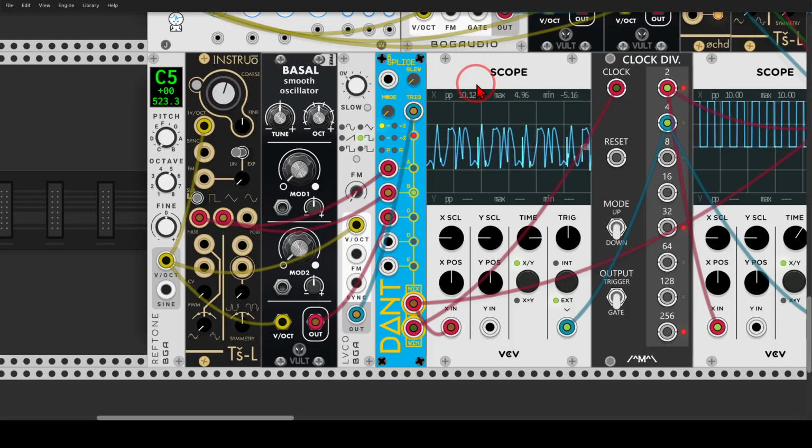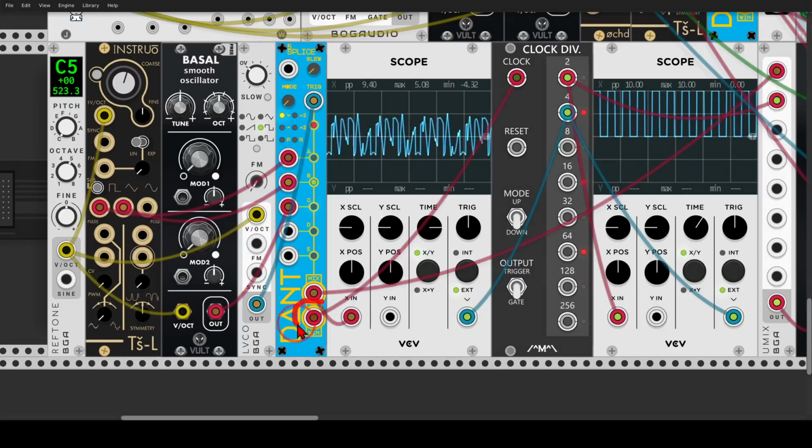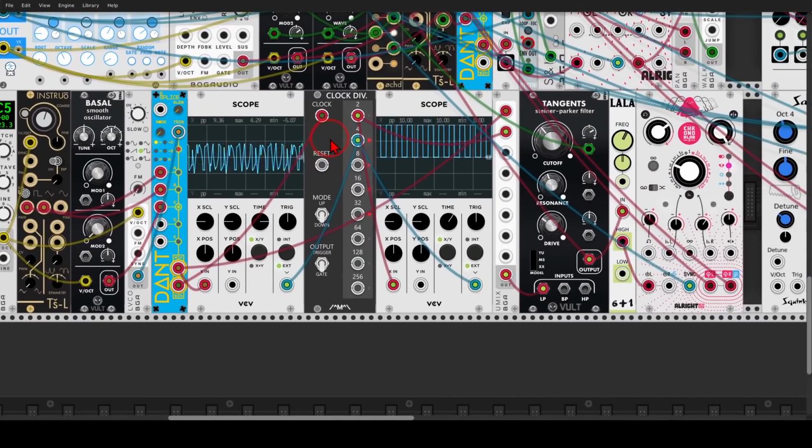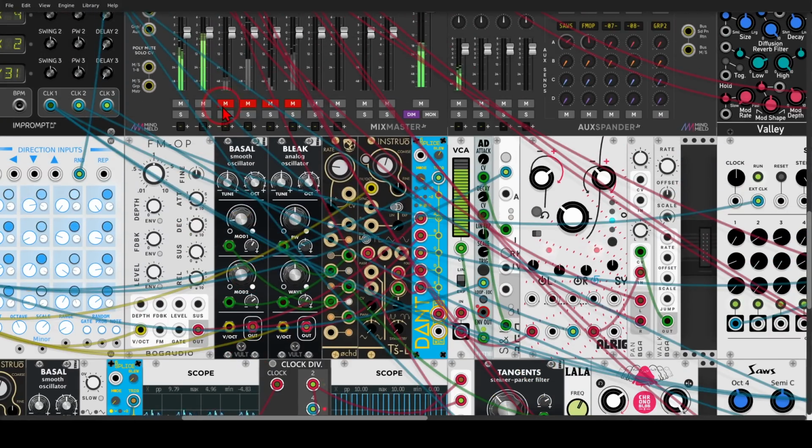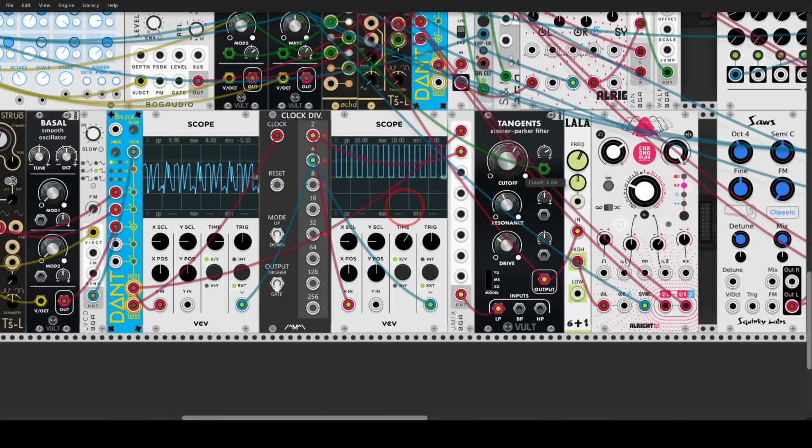Just tune them a bit. What I'm also doing here, I'm using again this step output. I'm sending it through a clock divider to get a sub oscillator. Again, everything is happening at audio rates. And then I'm splitting, this is going through Tangents, and I'm sending the high frequencies, like I always do, to a delay. So let's unmute this, and then I can do something like